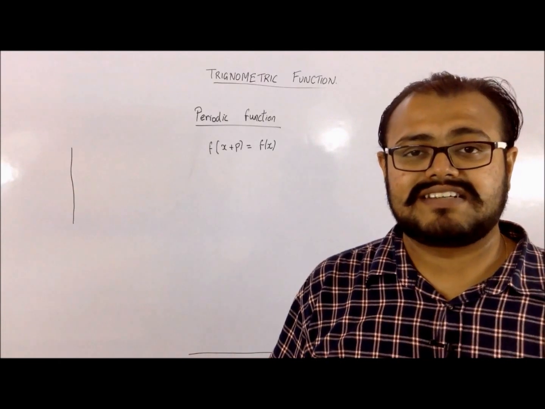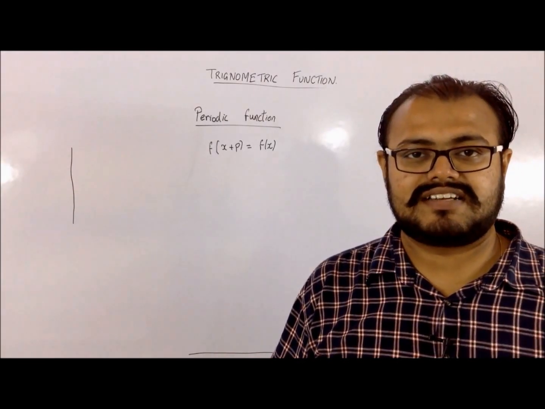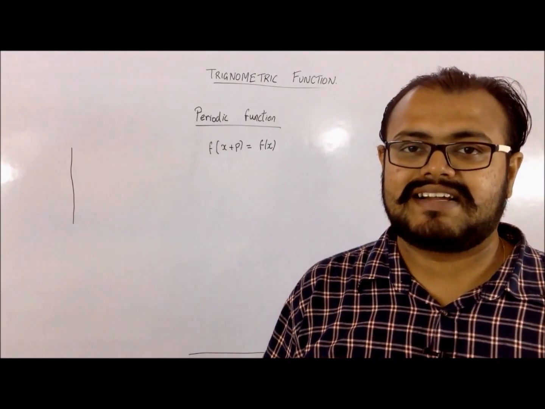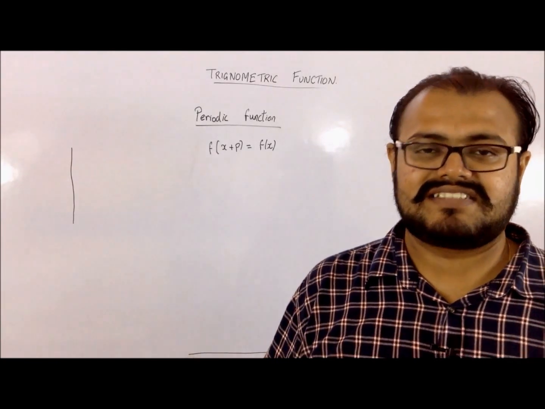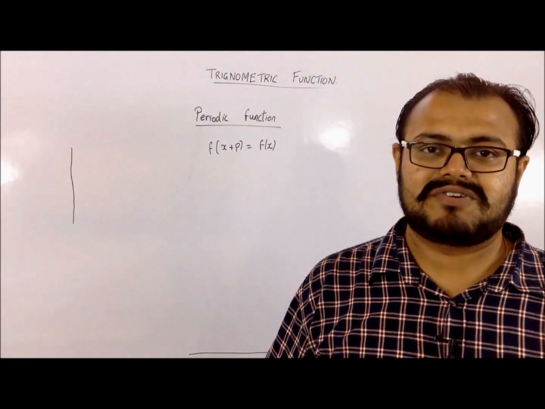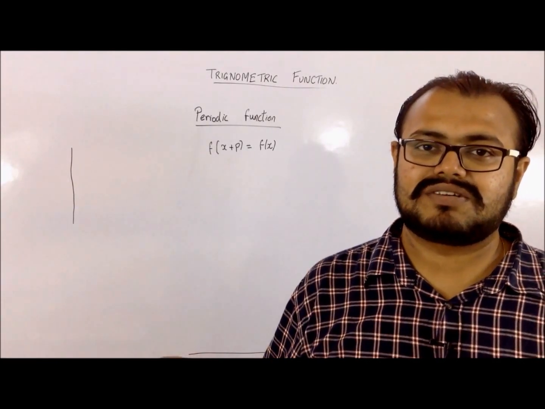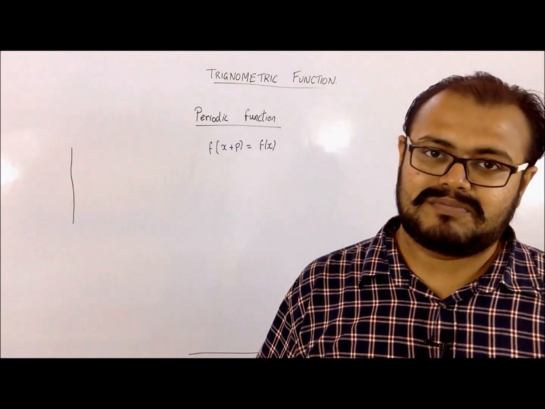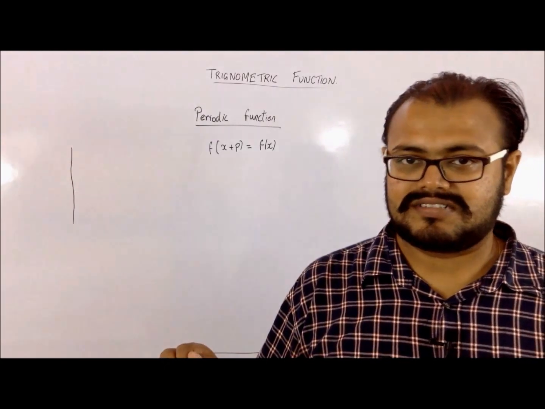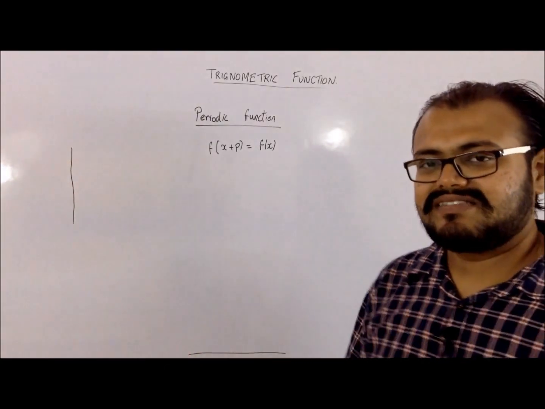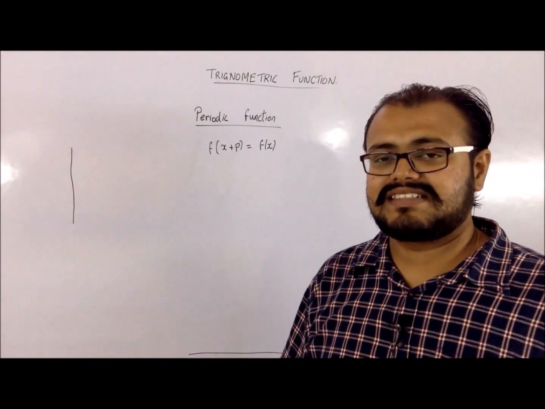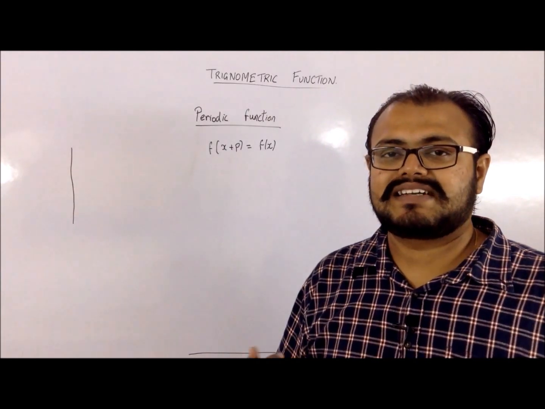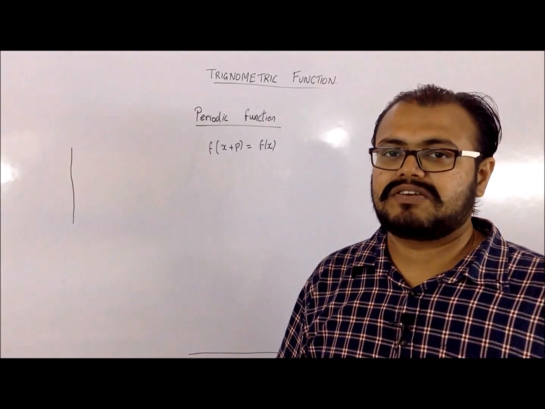All the trigonometric functions are periodic in nature. The reason is that you can see from the circle which we had drawn that sine was again getting a value 0 after the whole cyclic order. Cos was also getting a value 1 after the whole cyclic order. That is the reason why all the trigonometric functions are periodic functions.